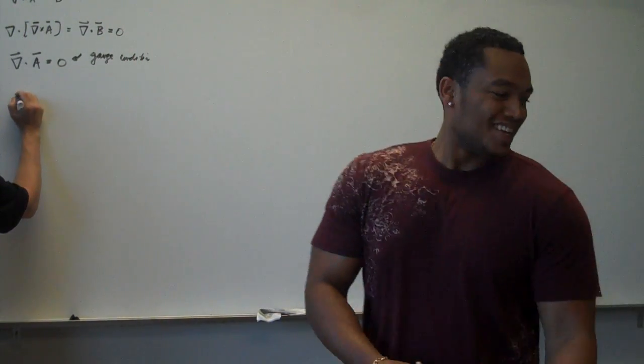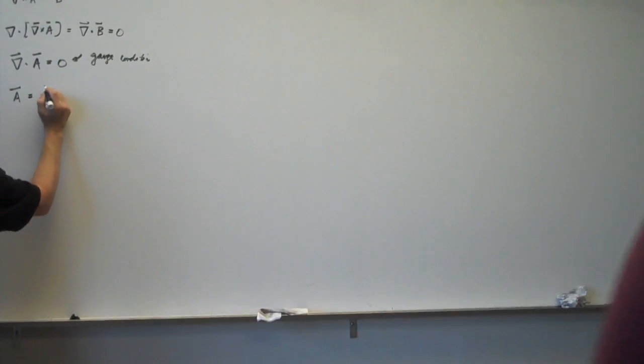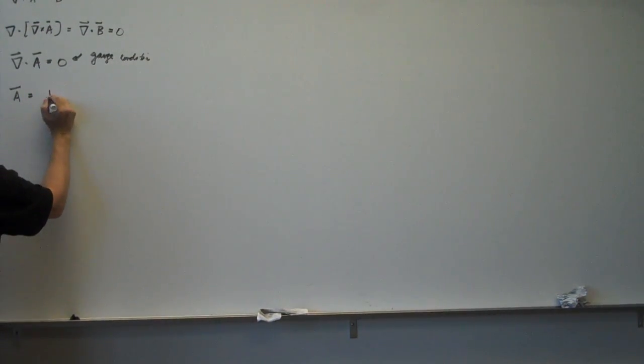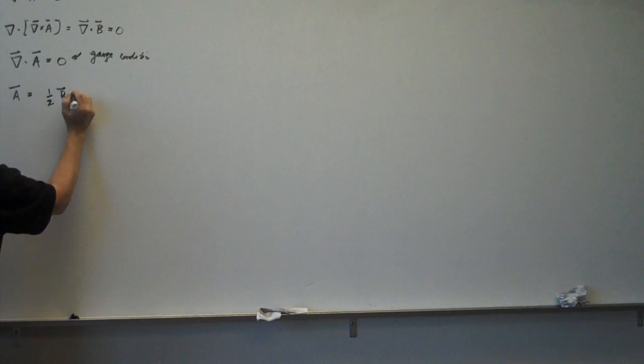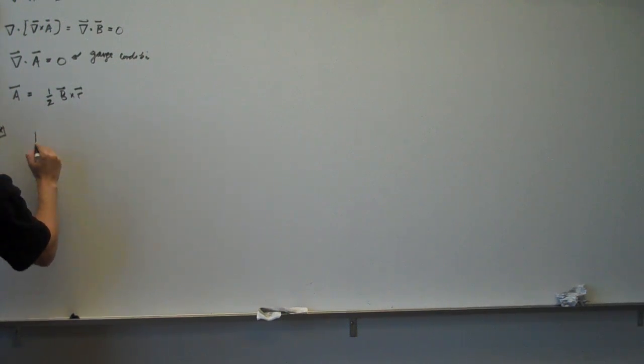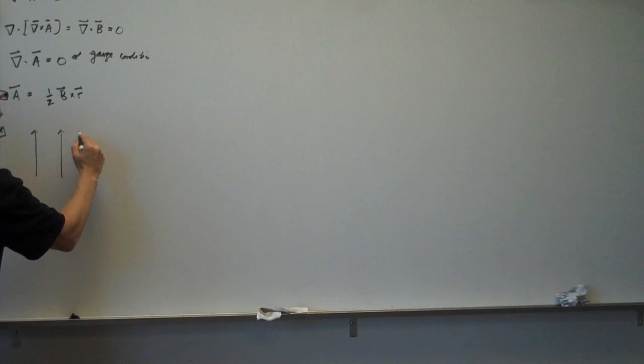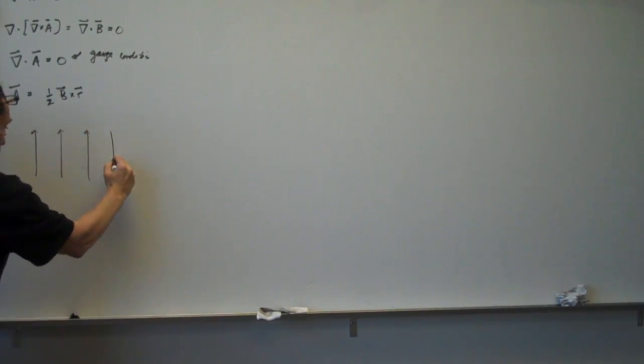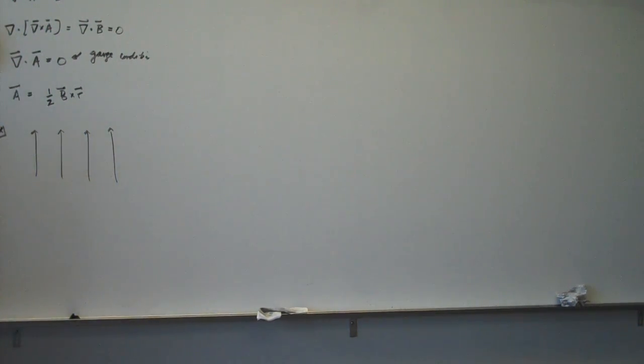For this condition, it's easy to show that the vector potential is 1/2 V cross R, where R is in the particular coordinate system under investigation. Let's do an example to make sure we understand this. Let's take as our example, there are some book examples, but I like this one, because it's one you see a lot in the books and on the comprehensive type exams. But even more importantly, this is the one right now that is under, let me get this